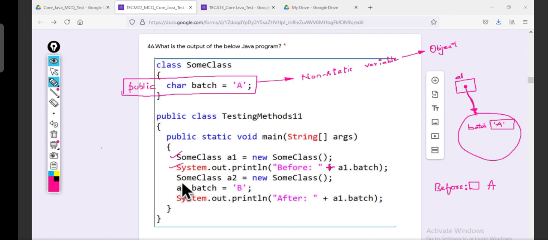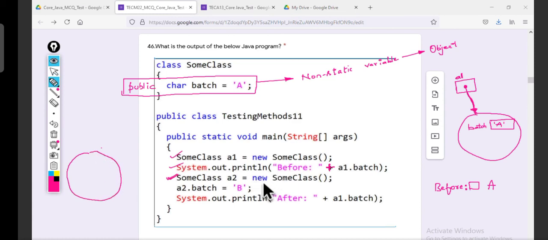Next line. Sum class A2 is equal to new sum class. Oh, am I creating another object, guys? Yeah, I'm creating another object. First job of new: create an object.